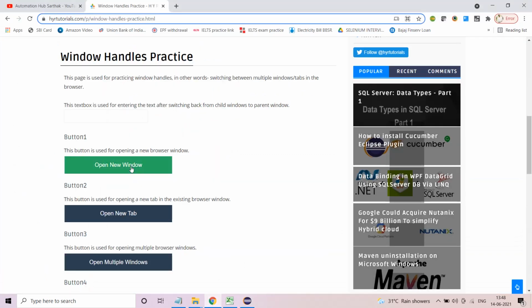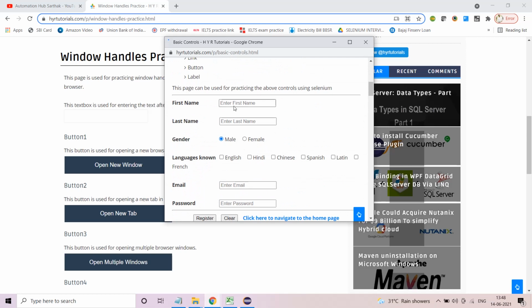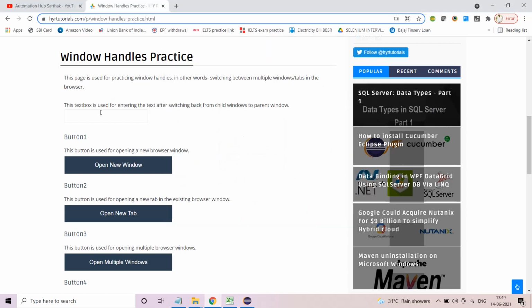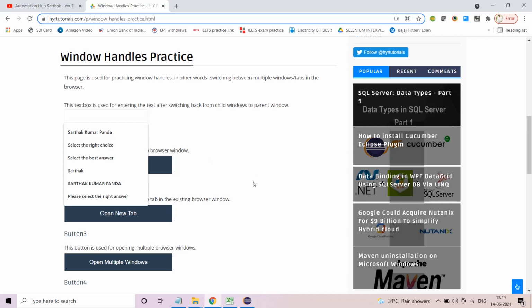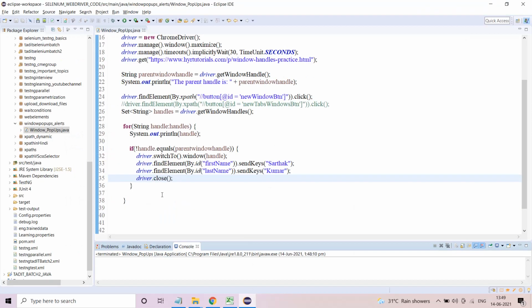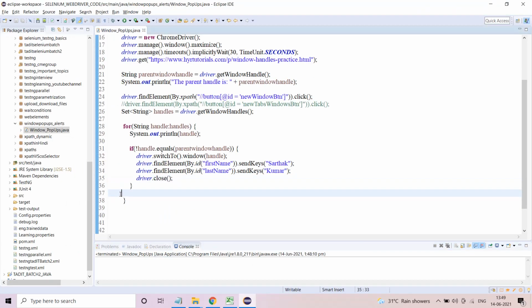Now once you close this window, after you enter username, first name, last name, you close this. Now you want your control back to here. Closing that particular window does not let you come back to this window. Again, you have to remind Selenium that you want to act in the parent window.